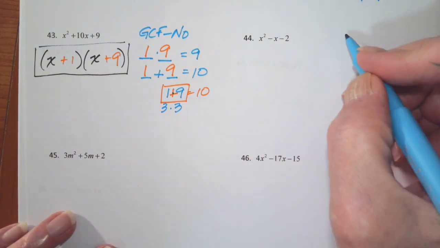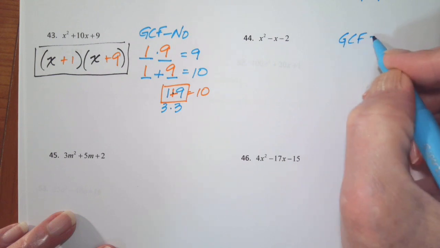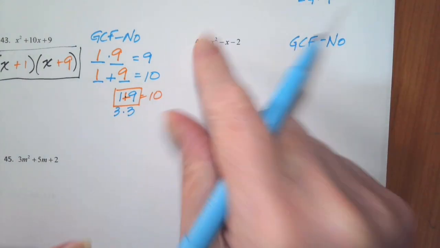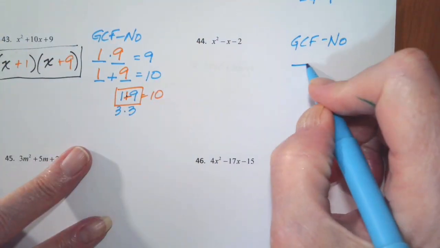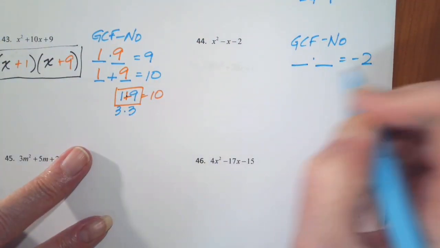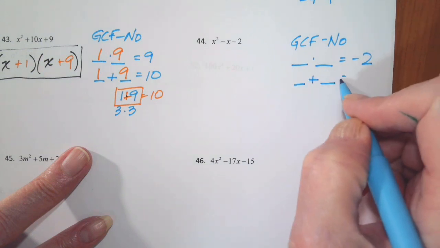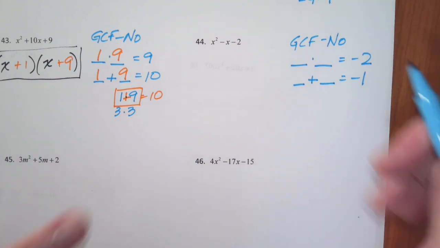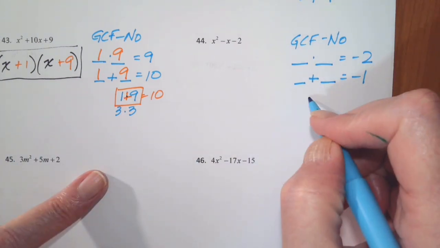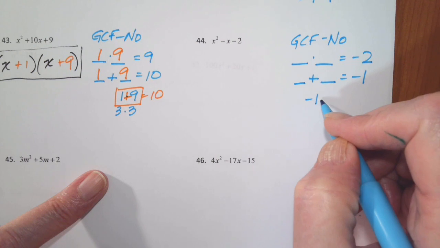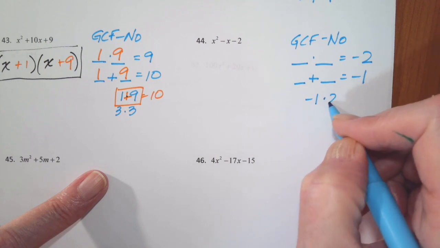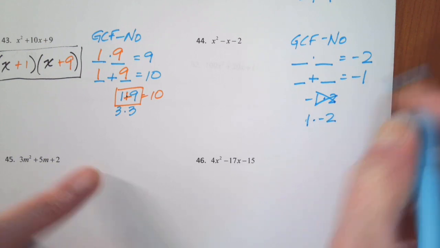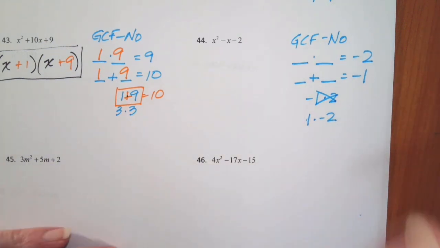Okay, greatest common factor. There isn't anything in common to all 3 terms, so no, but I always want to check. Since the leading coefficient is 1, that means I'm looking for 2 numbers whose product is negative 2 and whose sum is negative 1. Well, those numbers are negative 1 times 2, which adds up to positive 1, and 1 times negative 2, and when I add those up,